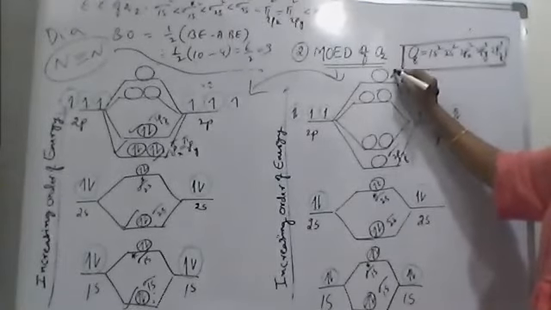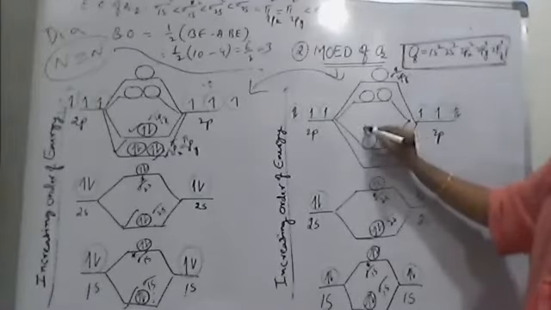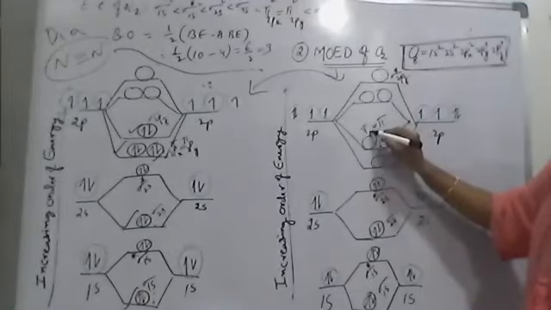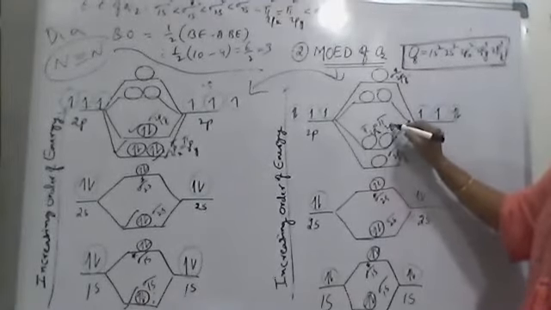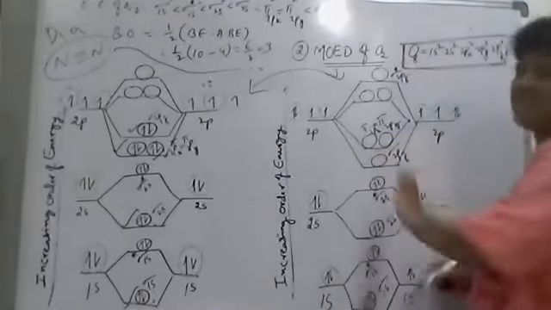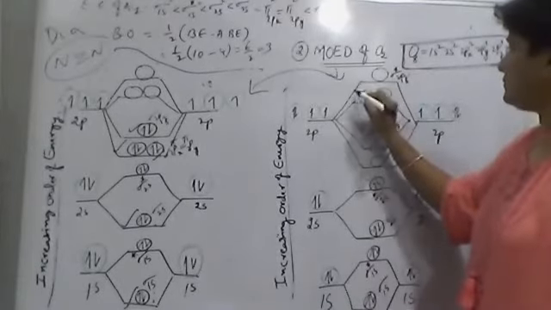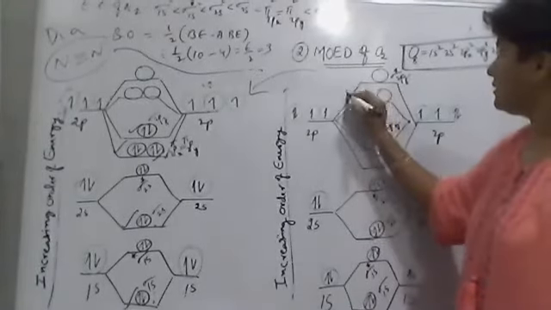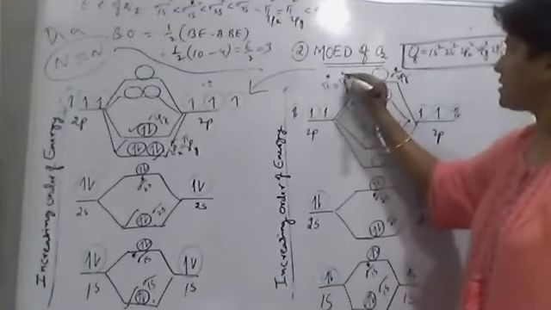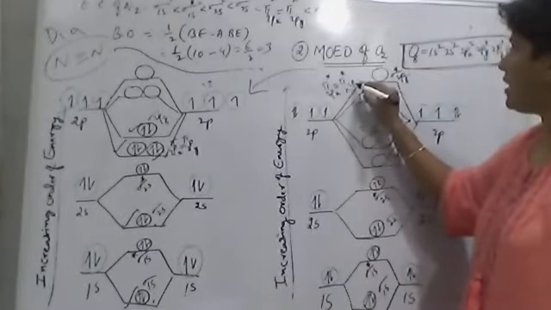But star, high energy: sigma star 2pz. And next, these are pi orbitals. Pi bond orbitals that are formed by 2px, 2py. They are at the same energy level, degenerate orbitals. While filling these, we have to follow Hund's rule. Here also the same. These are also pi, but antibonding, therefore high energy, so we put pi star 2px and this is 2py.